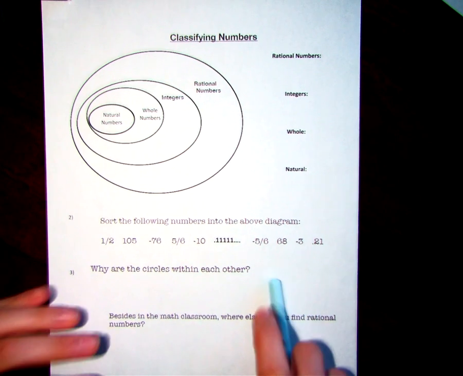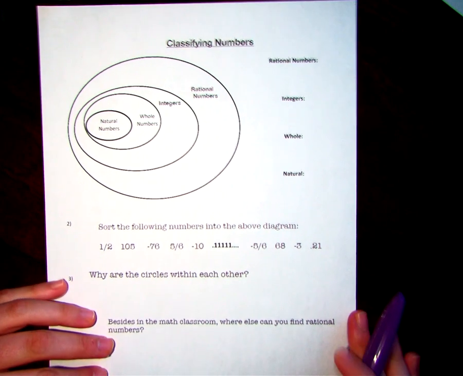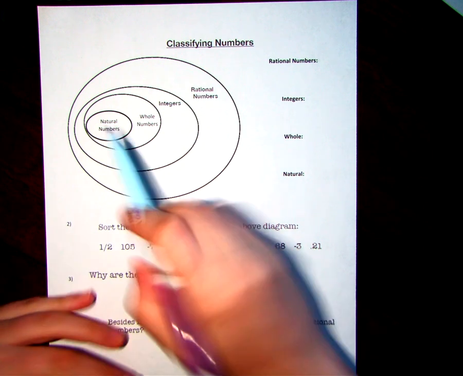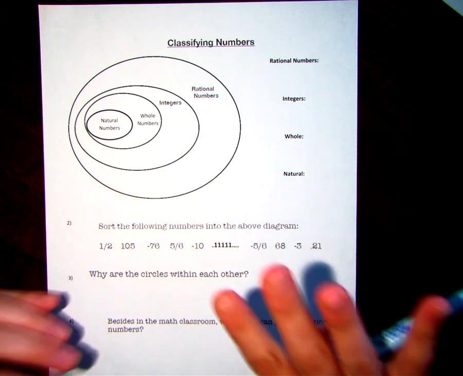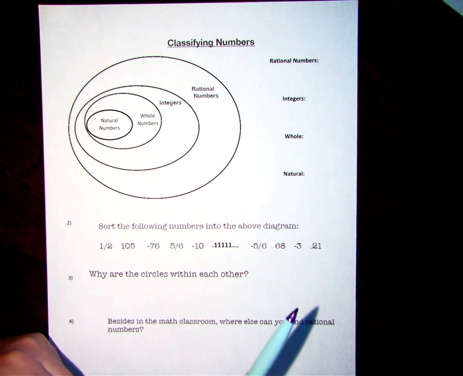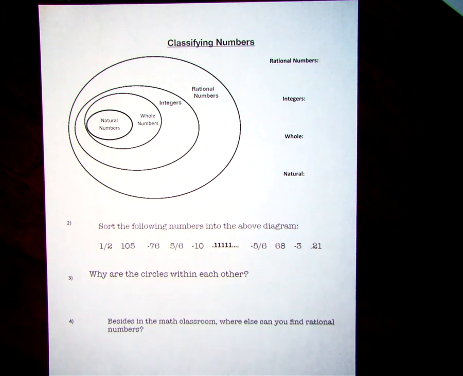Alright, so this is more practice with classifying numbers. Here we have a Venn diagram with four circles: our natural, our whole, our integers, and our rational numbers. One thing that we didn't talk about yesterday is that sometimes we can abbreviate to represent all of these types